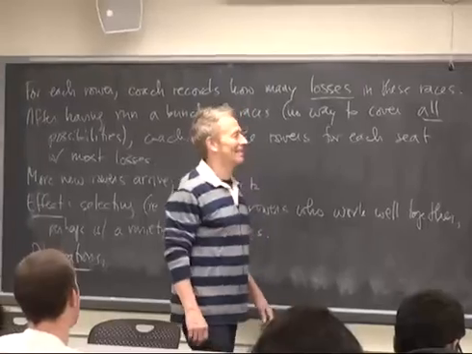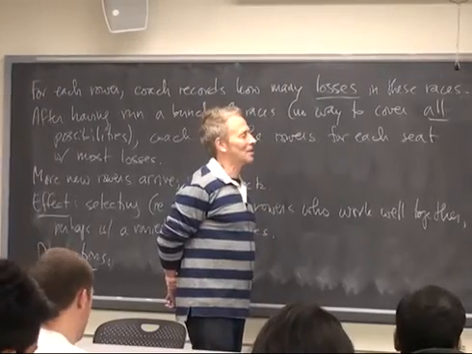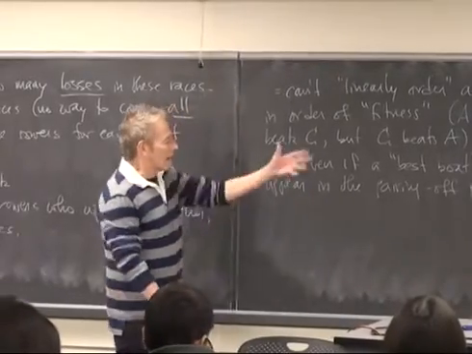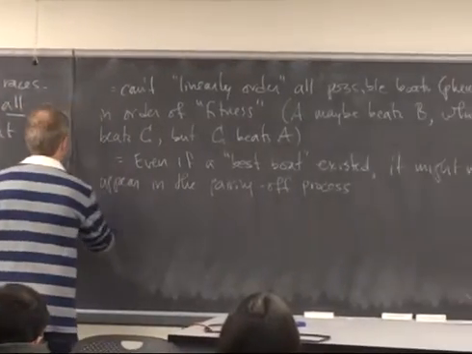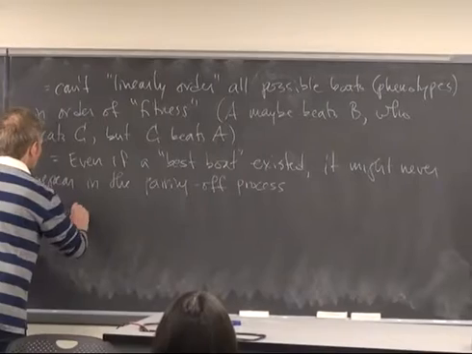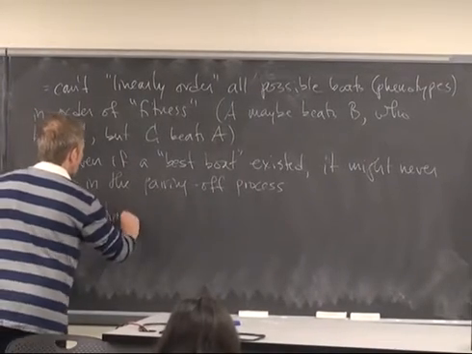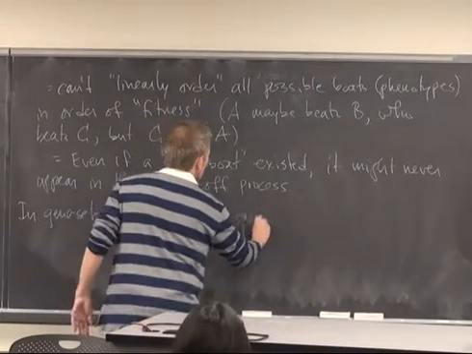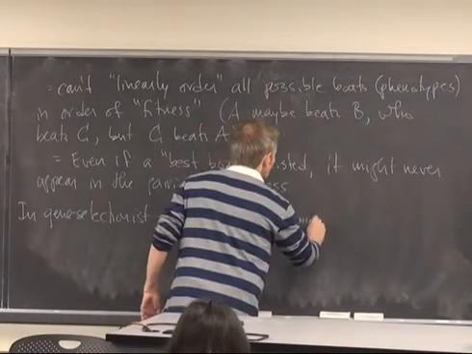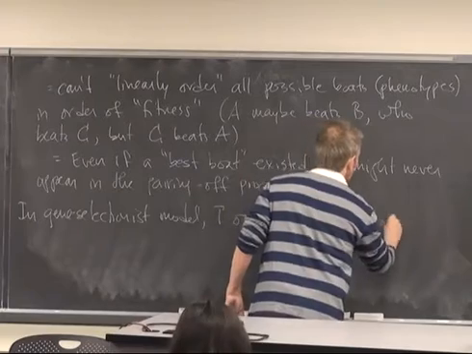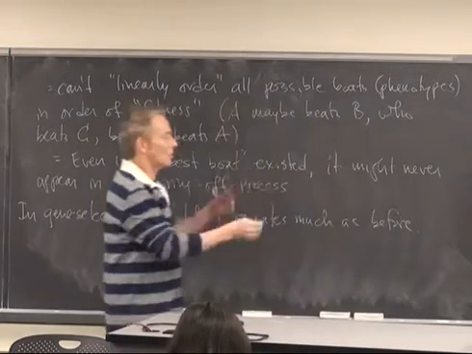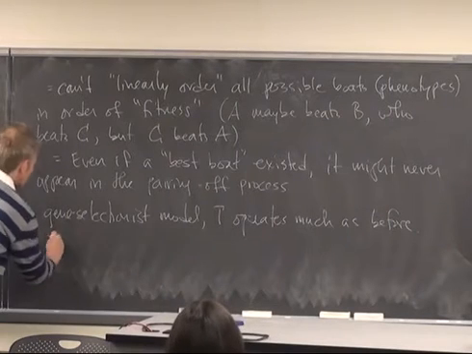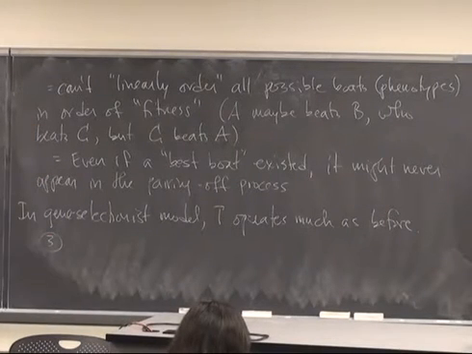All right. So anyway, that's an interesting selection model. And anyway, in this gene selectionist model, again, gamma operates much as before. In other words, you're sort of crossing over these boats, whatever. Okay, finally, the last one, and I'm not going to spend hardly any time on this, I'm just going to mention it.